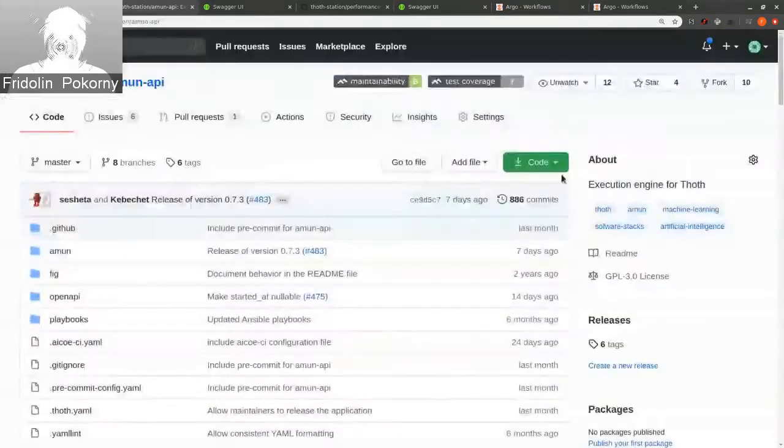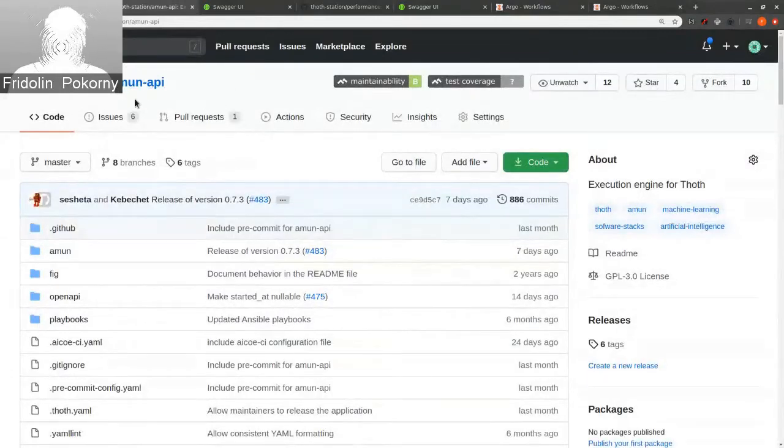As already mentioned, this service or component is called Amun, and you can find it inside the Amun API repository that sits in the thoth-station organization on GitHub. This service is completely open source. You can download it, you can run it, you can deploy it into your cluster. It's written in Python, and it uses OpenShift as a platform, so you need to run an OpenShift cluster. It also uses Argo Workflows,